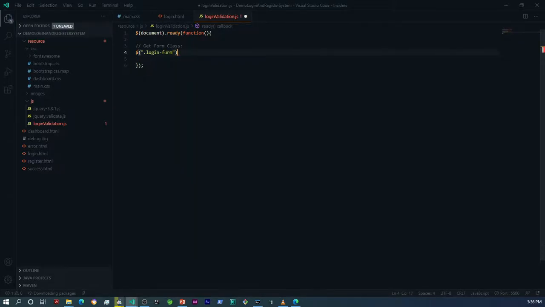and then I need to say validate, and then within here I'm going to open the braces there. Let me just indent this a little bit. Now within here, this is when we start to actually set the rules for our form. So for that, I'm gonna create an object called rules,